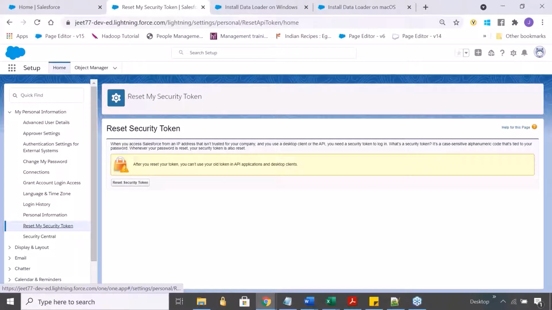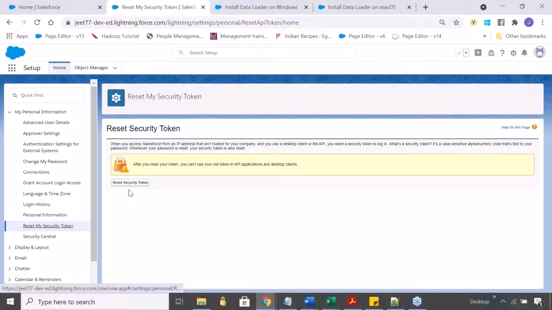You can continue to use the same security token as long as you do not reset it again. It's not a one-time token. It can be used multiple times, so I can store it somewhere and continue to use it until I reset it again.